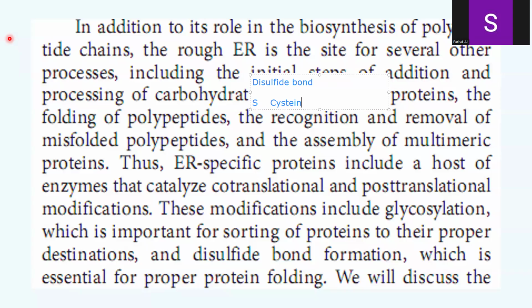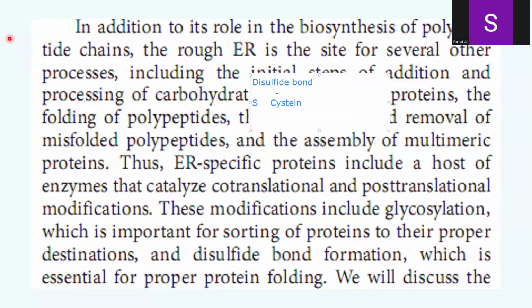Cysteine contains sulfur atoms, and these sulfur atoms attach to each other to produce a disulfide bond. So those proteins where disulfide bonds are to be formed are also transferred inside the lumen of